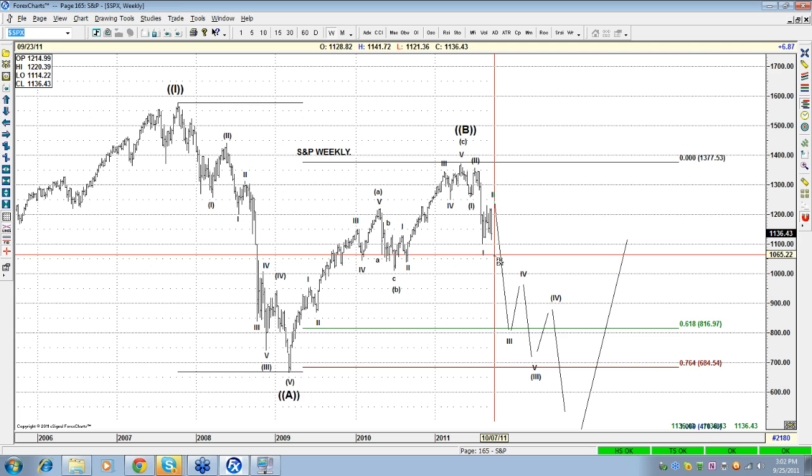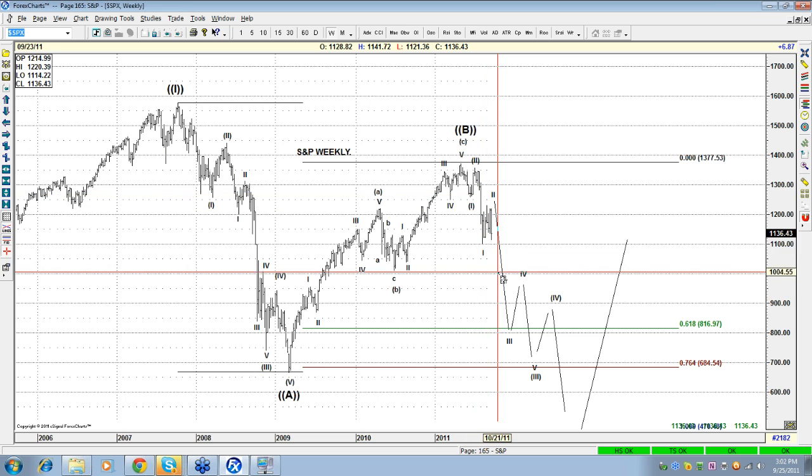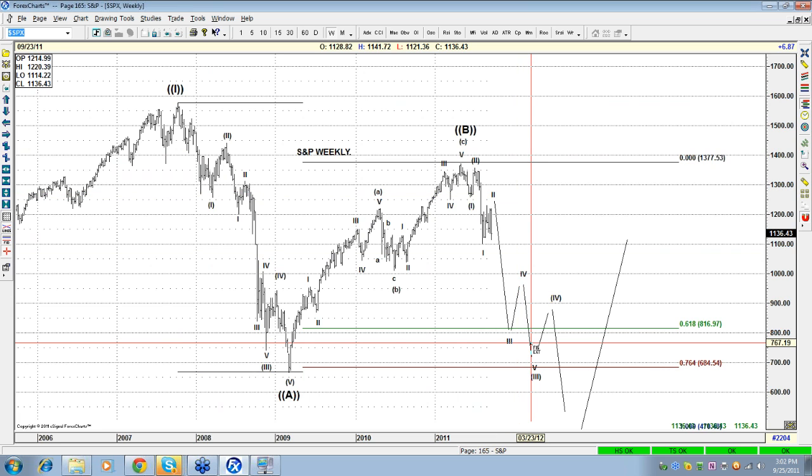Notice I didn't mention the euro because the count on the euro is not as clear. And that's my question to everyone: why trade the euro dollar when you can make a ton of money with the clear counts like the CAD and the Aussie and New Zealand? It's the same pip, you're going to make the same money. So that's what I see with the S&P. I'm inclining more now to the 1, 2, 3, 4, 5, something similar to this, a recovery, and then the setup. That's why I'm trying to see it right now as a possible scenario.